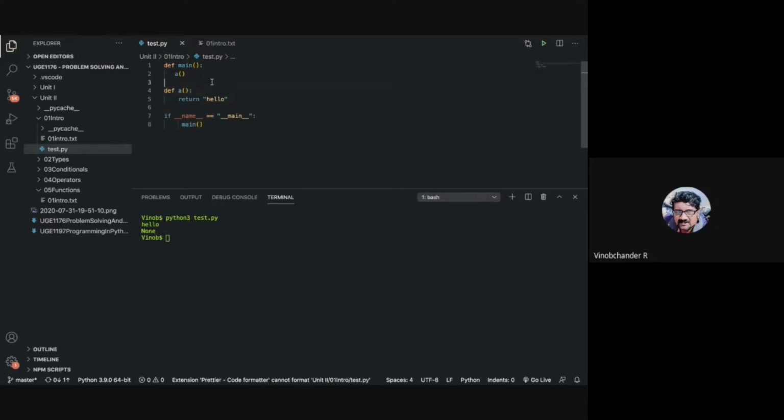what will be the answer? It returns hello here, right? So nothing is going to be printed. Hello is returned to this particular place. And if I print this or save it in a variable and print whatever, what is the answer now, guys? It is hello. Okay, so please remember this, all functions in Python return a value.